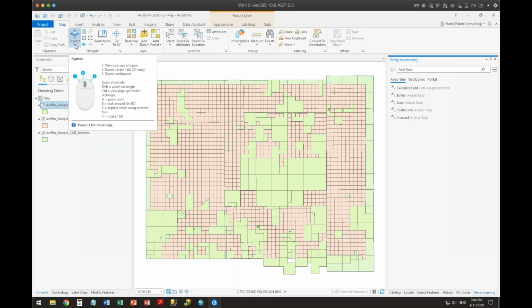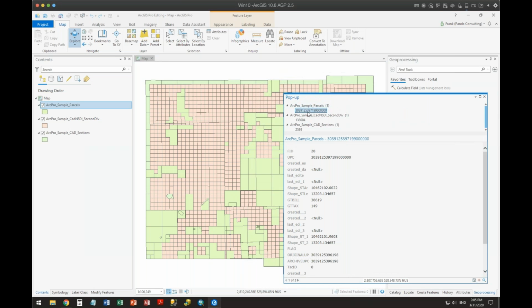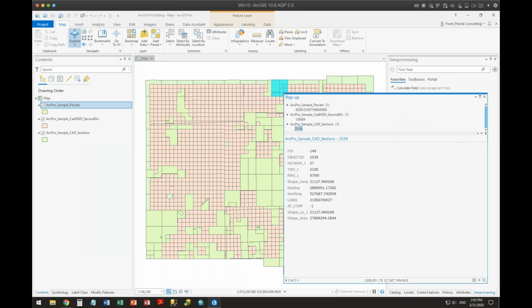Let's look at the Explorer. Explorer serves a couple different purposes now. The Explore tool is the Identify tool. If I click Explore and then click on something, it actually will, well, actually have it set. You have no pop-ups enabled. Yeah, thank you. So I could say, okay, there it is. So there's my Explore. This is the Identify tool.